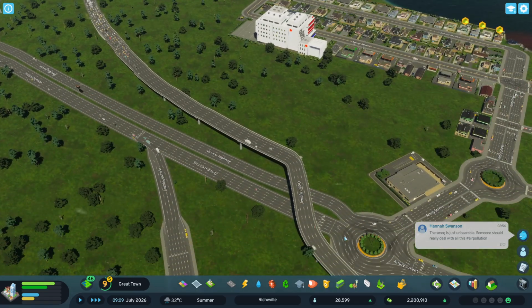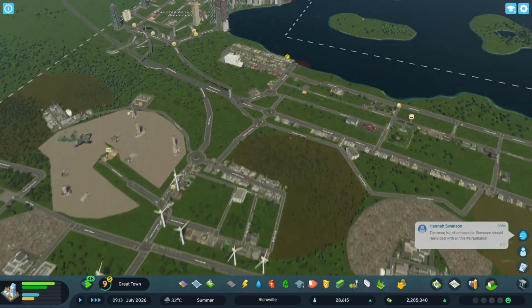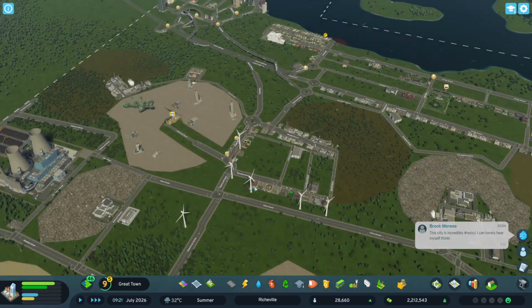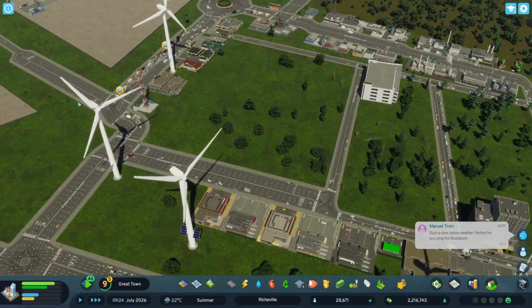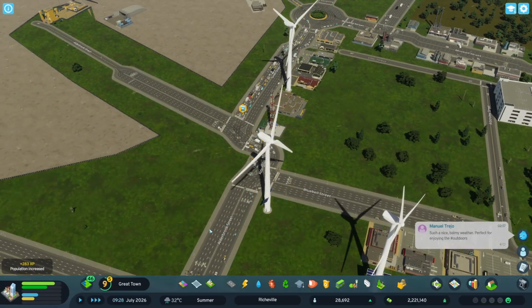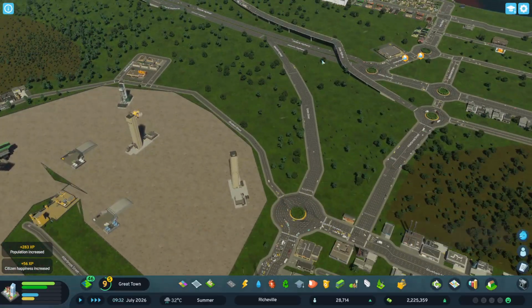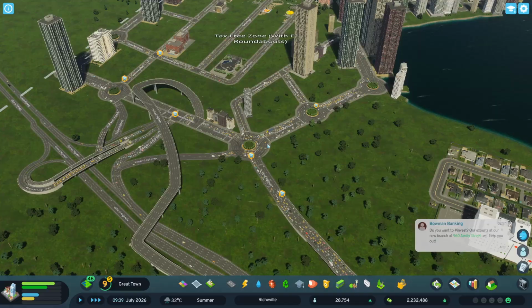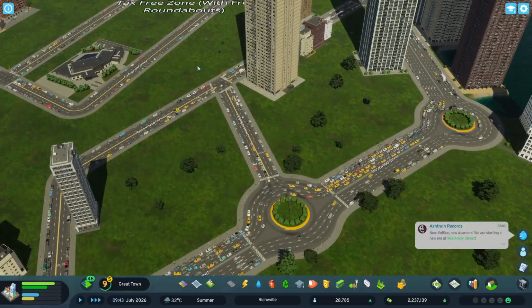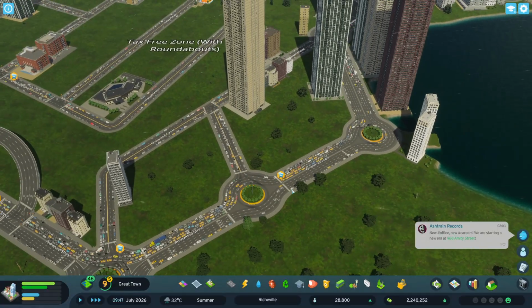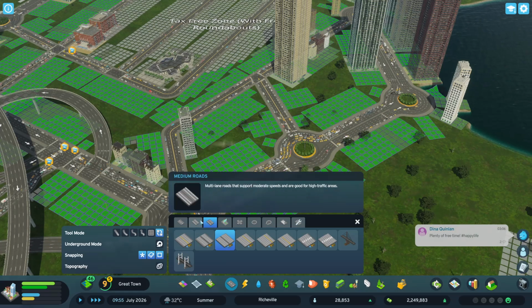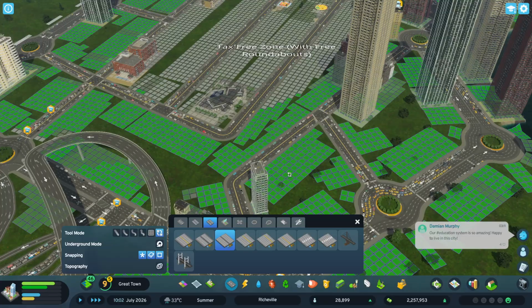So, lots of traffic. I think we want to upgrade the roads here, and then also